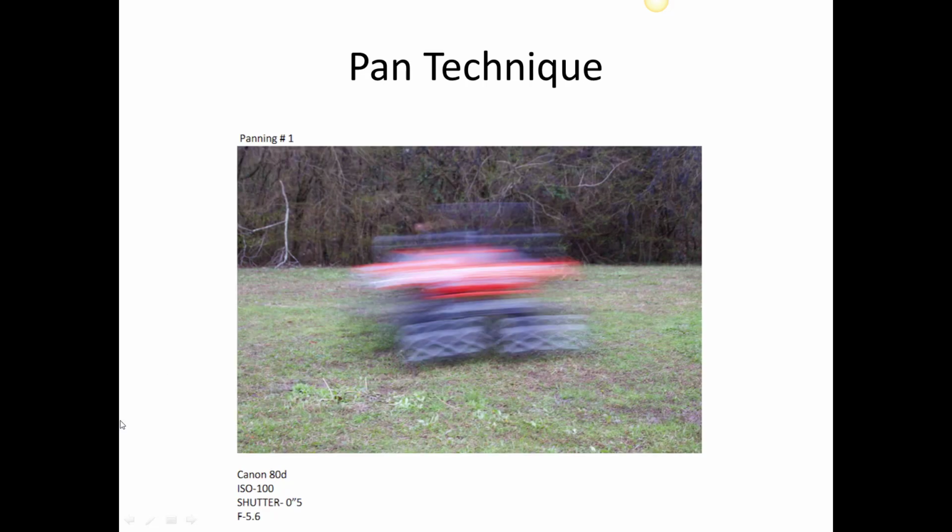In this one, even though it was a panning shot, the shutter, and I don't quite understand what this shutter setting is, was obviously too slow to freeze this motion,